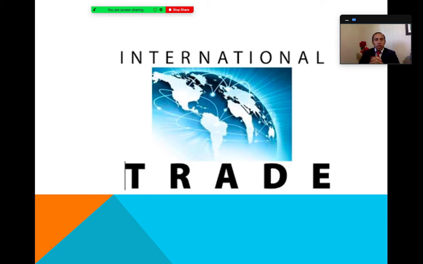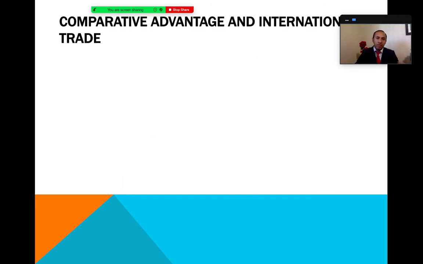Today's session is regarding international trade. The focus is going to be on the benefits of trade, the import model, export model, and also the tariff model and trade restrictive policies. Let's get started with the phenomenon of international trade and how international trade has increased over the last 50 years